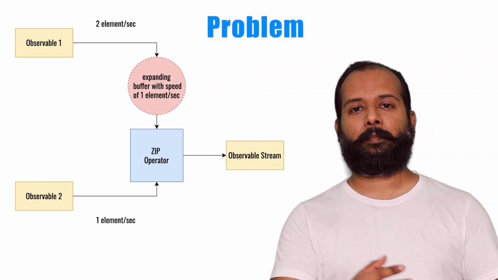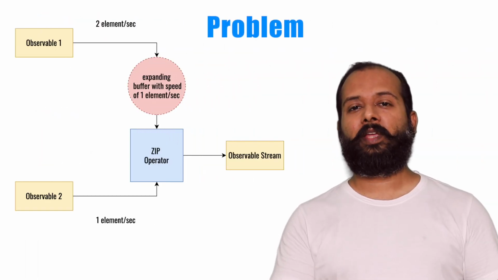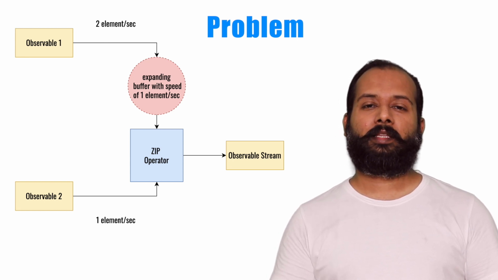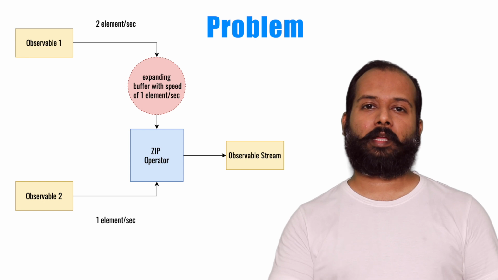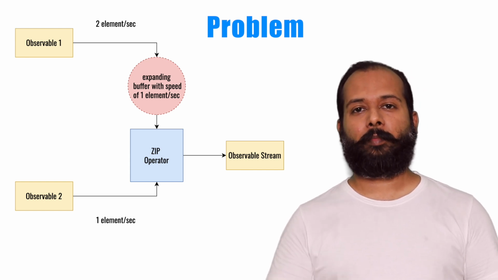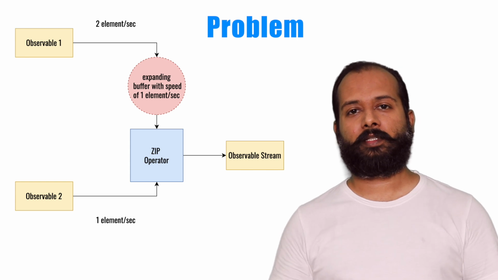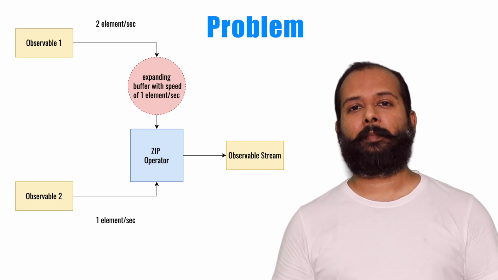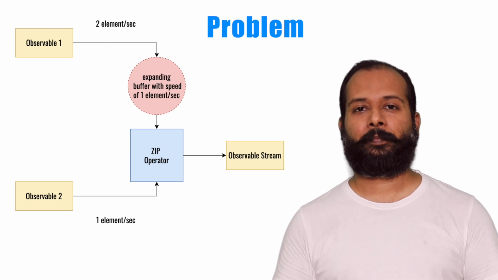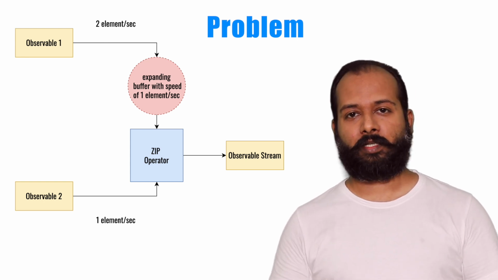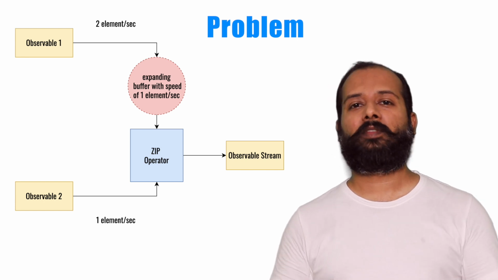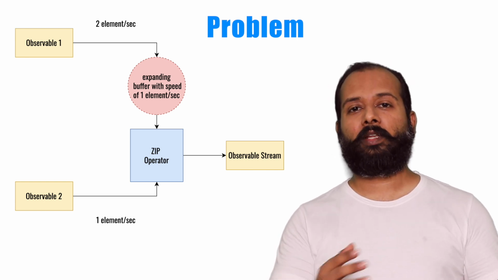So you understand back pressure in general. And now we are going to take a very RxSwift specific example just to make you understand what kind of problem back pressure can cause in your application. In the example, there is a zip operator and there are two observables whose streams the zip operator is combining to give you a new observable stream in the combined form. Now imagine one more situation where the speed of observable 1 is twice the speed of observable 2. You have already understood this.